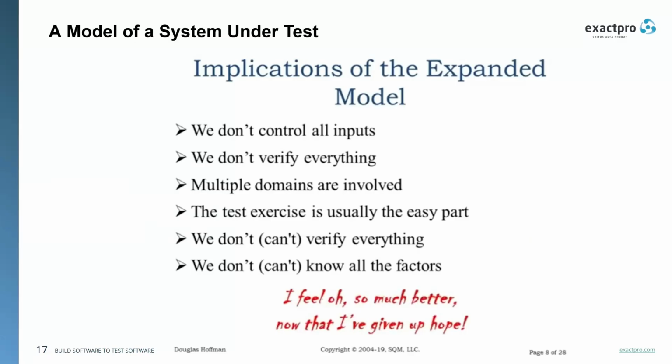And now when we think about AI systems, everything is relevant. We don't control all the inputs, we don't verify everything. And that's why it is not something that was invented when ChatGPT came into being, or when there was rapid progress in deep neural networks. It is something that people who were thinking seriously about software testing were aware of long before.